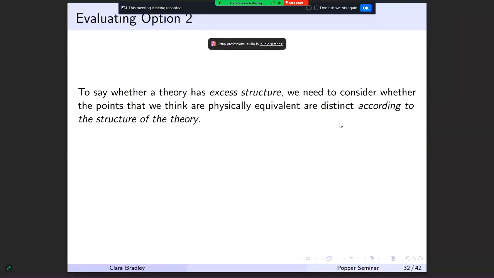But now, if we want to think about what it is for a theory to actually have excess structure, we need to think more carefully about what we mean by structure here. In particular, we want to think about whether the points that we think are physically equivalent are actually distinct according to the structure of the theory, or is it the case that they're just the kind of distinctions that we make when we draw our tangent space down? So if we're doing things on a Euclidean plane, we often write them down in terms of there being a 0 point, 1, 2, 3, 4, 5, 6 up, but